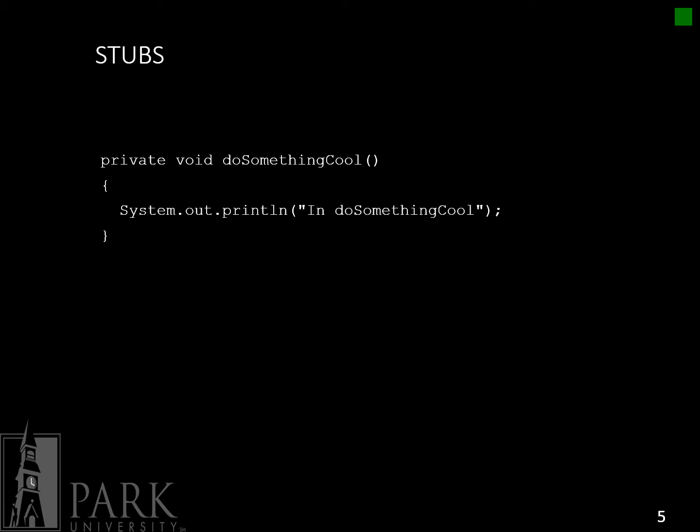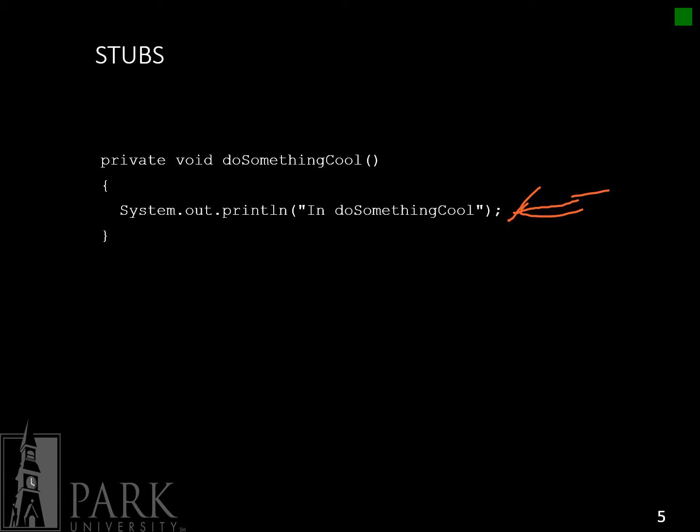After writing your entire program in pencil on paper, doing your pseudocode and all that, we're going to enter it into a computer using stubs for subtask methods. A stub, like I said, is just a dummy method that looks like this. We have a method called doSomethingCool, and instead of actually doing something cool, we're just printing out "do something cool." We haven't actually given it any